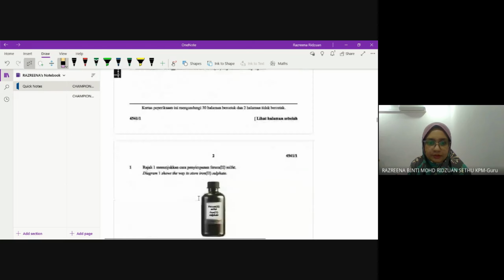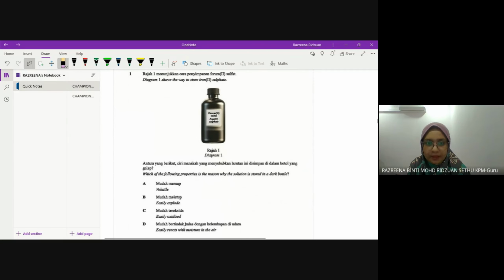Okay, let's go. Question 1. Diagram 1 shows the way to store iron(II) sulfate. They give you a diagram here having a bottle with iron(II) sulfate. First we need to know what iron(II) sulfate actually is. Iron(II) sulfate is a type of salt. The question is, which of the following